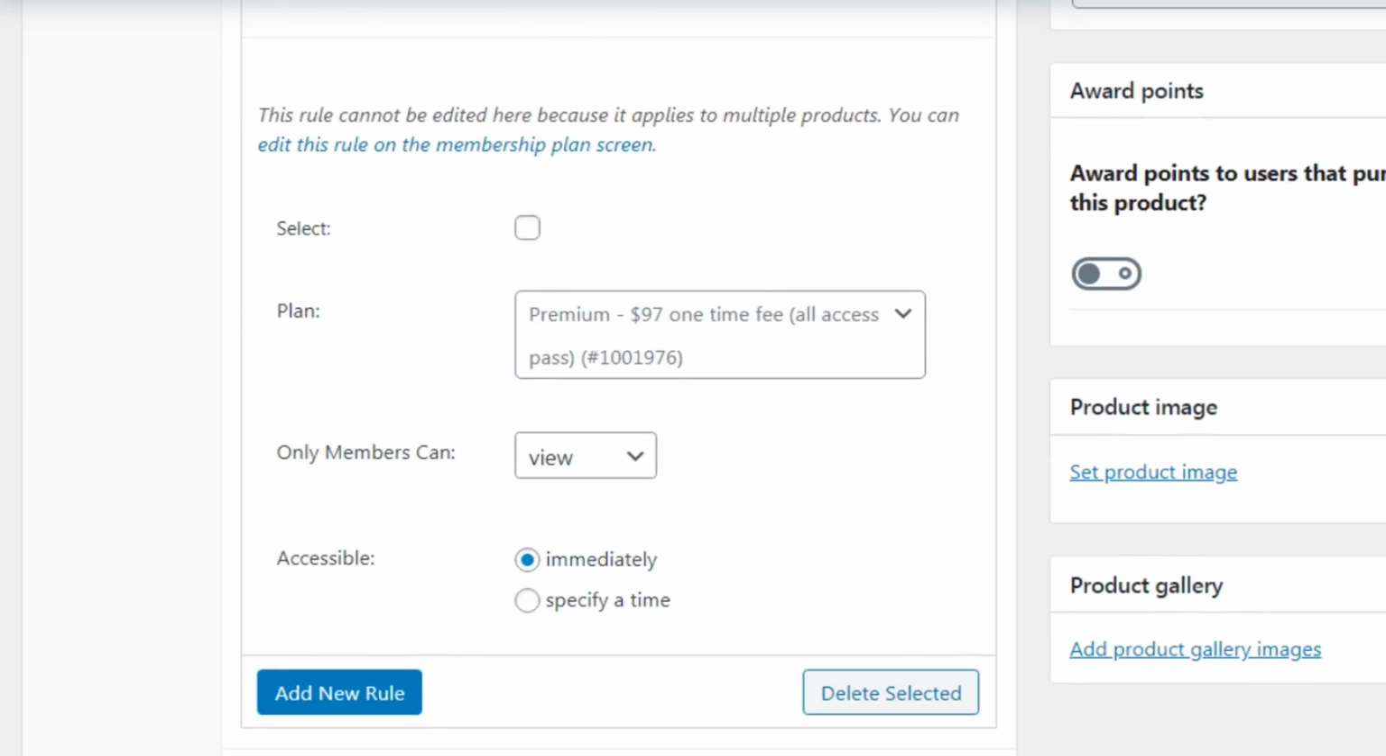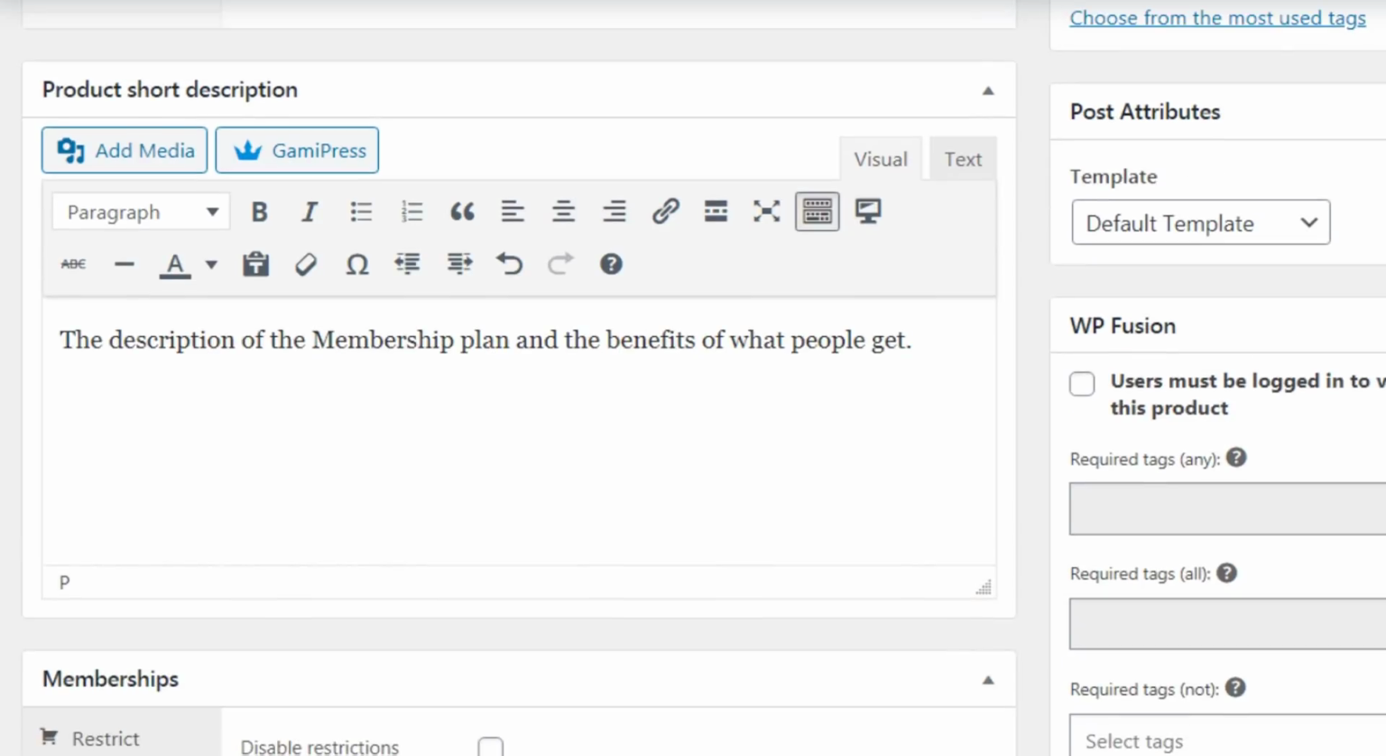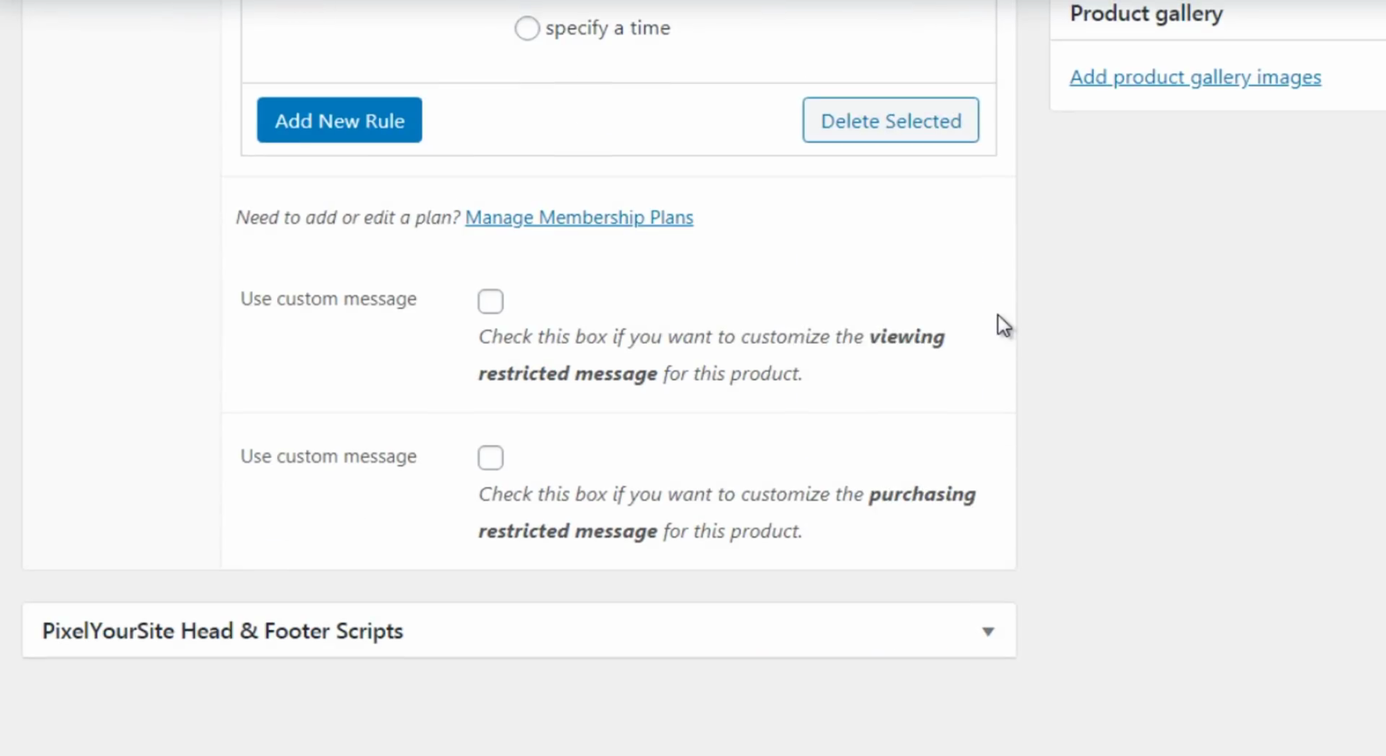So what we want to do is add a new rule, select that, and select the plan. So in this case, we're going to just choose premium. And then of course, only members can view or purchase. What that means is only members of this can purchase this product. So we are going to simply click view because we don't want that to be the case, and they have accessibility to it immediately. So we're going to add that rule,